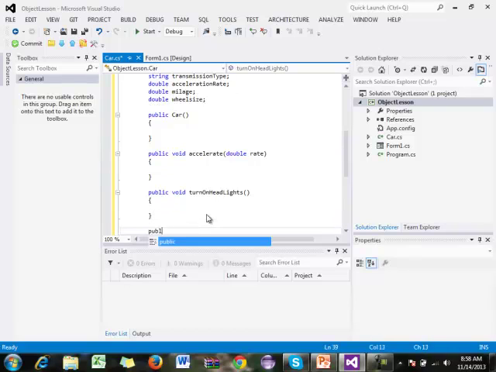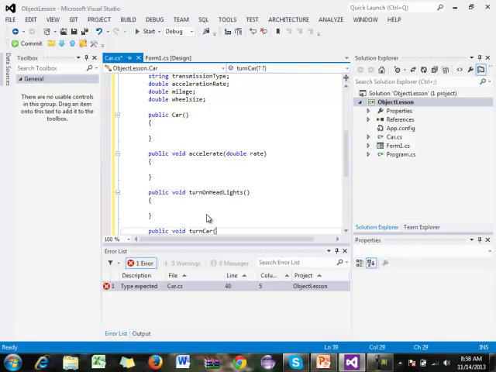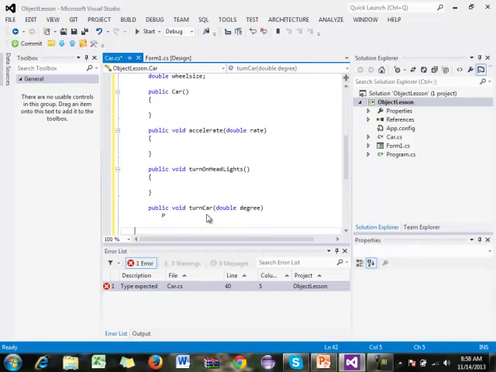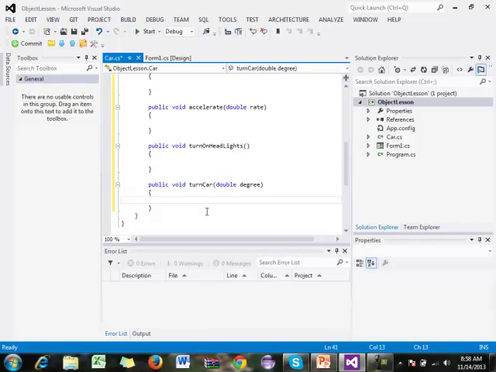So another one might be turn car, and what would we pass into that? No, but if we're going to turn a car, what do we need to know? Yeah, how much you're going to turn it. So we need to know the degree. Speed? How do you mean? Okay, so, well, what you might want to do then, when you turn the car, is you might want to